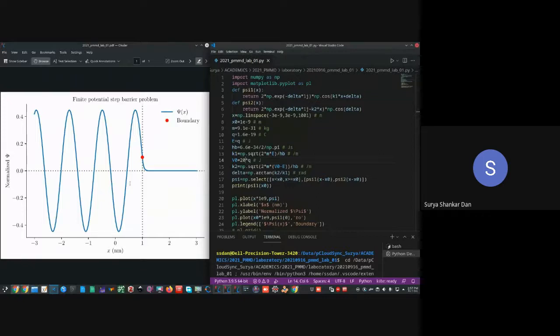What did we observe? That if the energy of the particle remains as it is, but we have simply increased the barrier height from 10 to 20 electron volt, all we have observed is that the amplitude has reduced. Even the amplitude at the junction has also reduced. It is now less than 0.2. So that means higher the barrier height, lower is the penetration of the electron. Okay? So now you can understand, can you connect the dots?